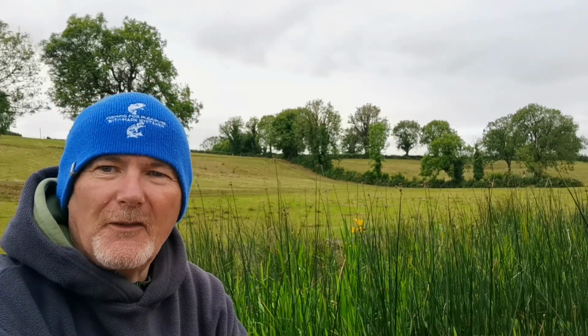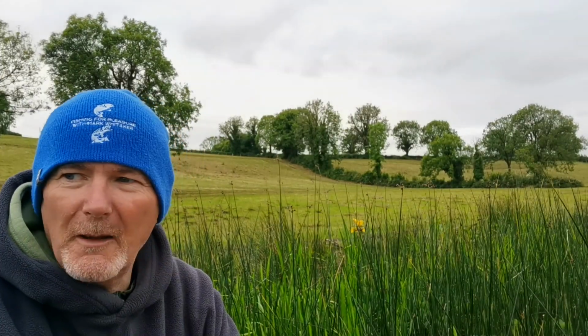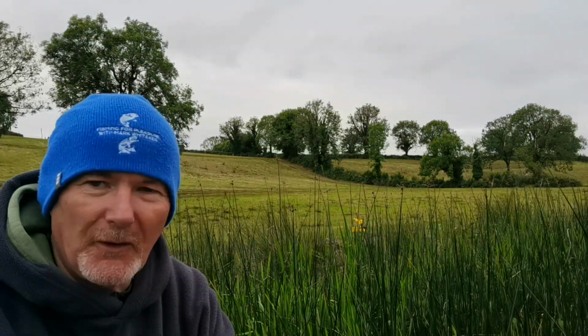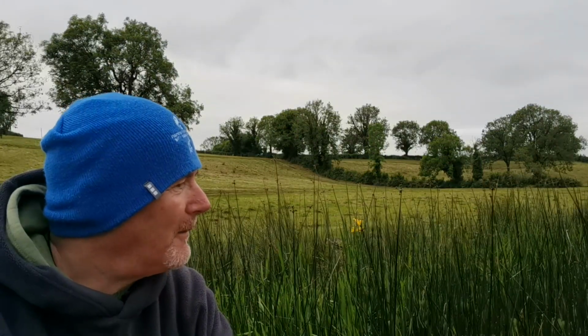I don't like sitting with the baits in the same position for hours on end on a river or anywhere. When I'm piking, I like to get them recast. Even if you're putting it on the same spot, the commotion, the splash, the noise of that bait going in often attracts a pike into it. So every 20 minutes to half an hour I'll have a little move. And at the moment, not much happening, but